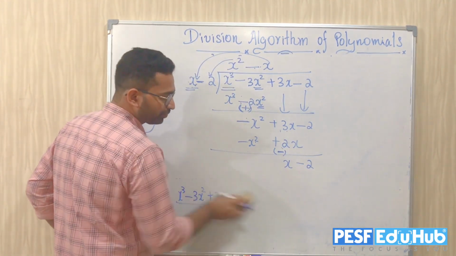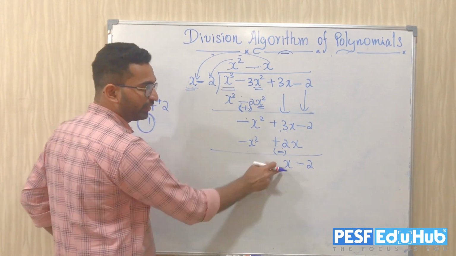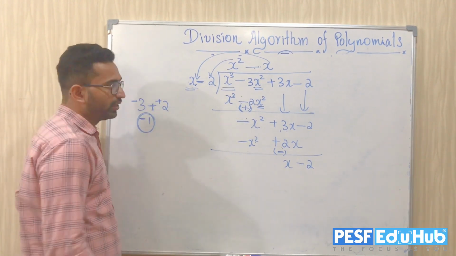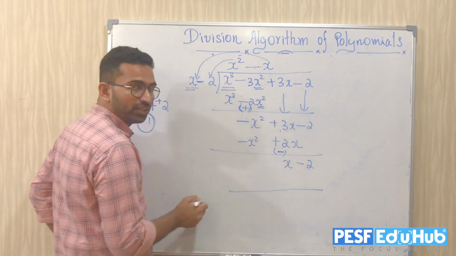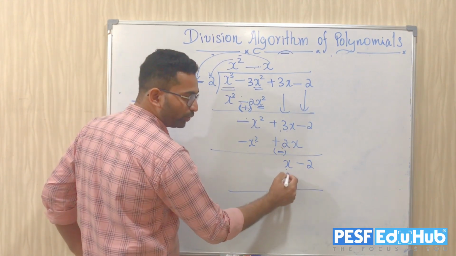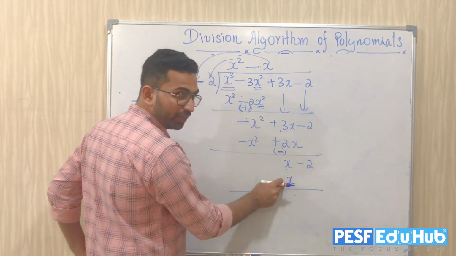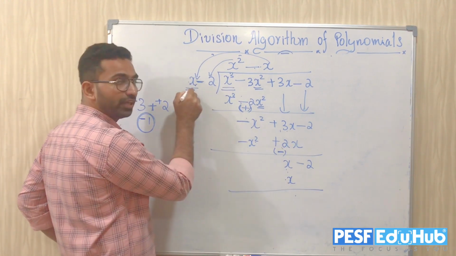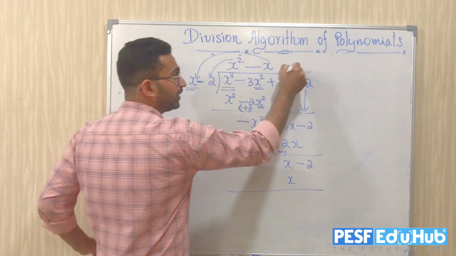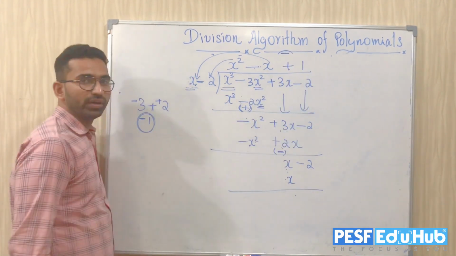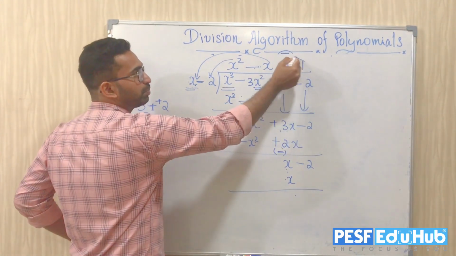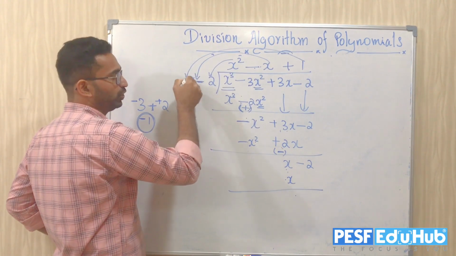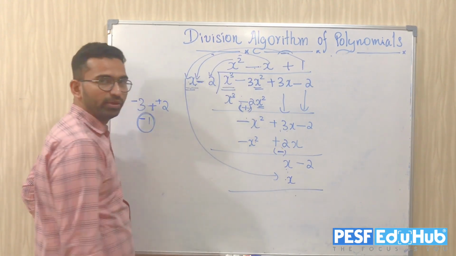As I asked you, what is the term containing the highest exponent? x. Okay, when we move to the other step, this should disappear, means x should disappear. It means x should come here. What is here? x. I should get an x here. I have an x here, means what should I write? It should be plus 1. It means when I multiply this plus 1 with x, you will get what? Plus x. Am I right?